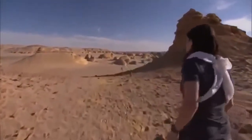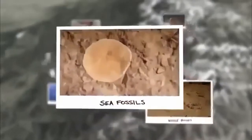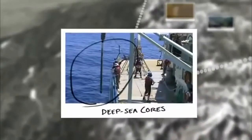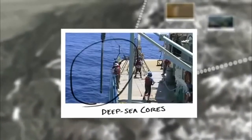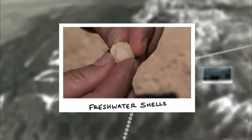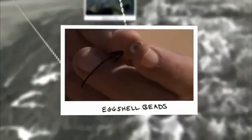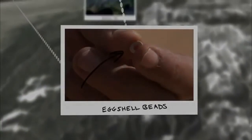The mystery of what created and changed the Sahara Desert has revealed a turbulent past. Whale bones in the desert show that 40 million years ago, the Sahara was a seabed. Deep ocean cores containing windblown sand reveal the date it dried up, 3 million years ago. Freshwater shells show that 90,000 years ago, a wobble in the Earth's axis created giant lakes and rivers and turned the Sahara green every 20,000 years. Ostrich eggshell beads indicate that just 7,000 years ago, the Sahara enjoyed its final burst of life before